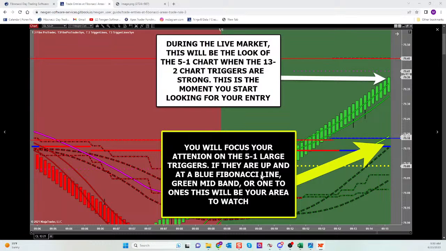But first, let's figure out how to decide where we have to enter, right? When everything says up, guys, we're looking at favorable large triggers, strong triggers, everything says up. You're going to look for the areas that are going to fall inside of those large triggers. Trend trades come from 3 areas or any combination of those 3 areas. Trend trades originate at fibs, mid bands, and yellow 1-to-1s. Fibs, mid bands, yellow 1-to-1s. Mike M pointed out earlier, he goes, man, there's a lot of trades that come from that mid band. There most certainly are. That's why it's one of the areas that we trade from.